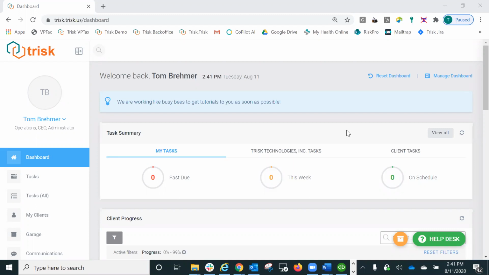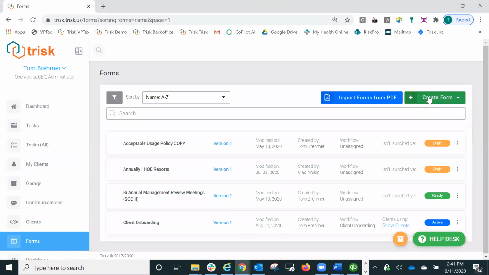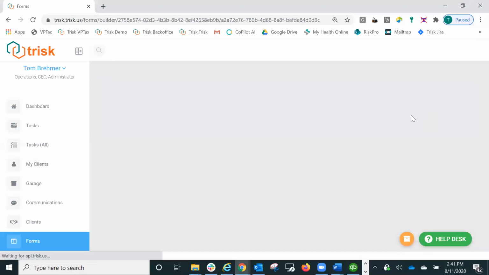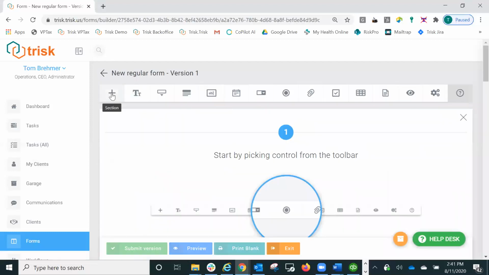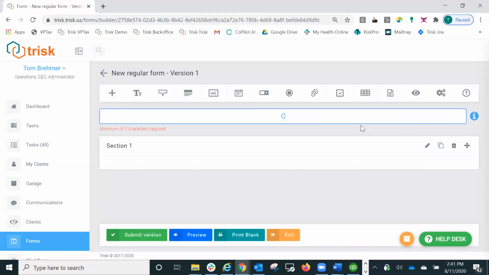So what you're looking at here is the dashboard. We're going to move over here to the menu and select Forms. Up here, we're going to create a form. We're going to do a regular form. There's a two-way form, which you can do, which actually is more for publishing. But if you're going to do a regular form, it opens the options here. You see a number of options for different functions that we can do, but let's just start with client